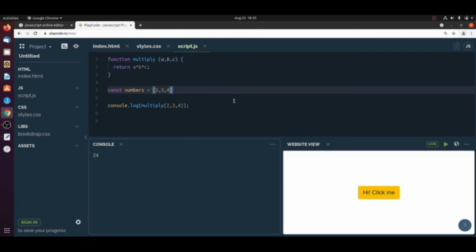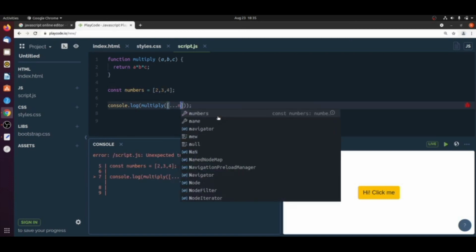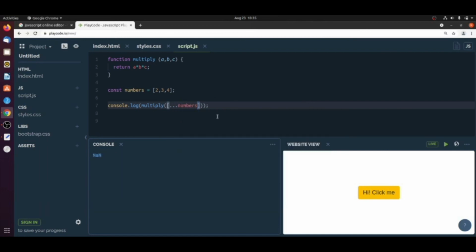Instead of passing the individual values, if we just write numbers with the spread syntax, now it printed 24.